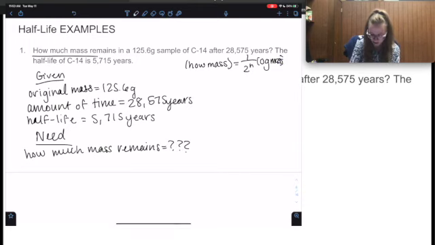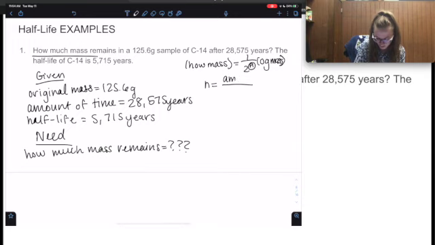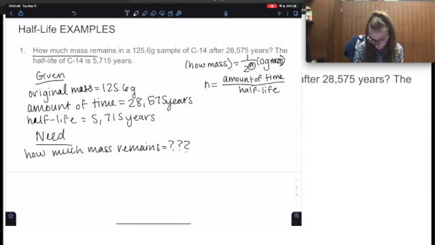Again, how much mass we're looking for is 1 divided by 2^n times our original amount of mass. Remember, we have to figure out what that n is. That n value is going to be our number of half-lives. So we'll take the amount of time that has passed, and we're going to divide that by our half-life. So that means we have n equals